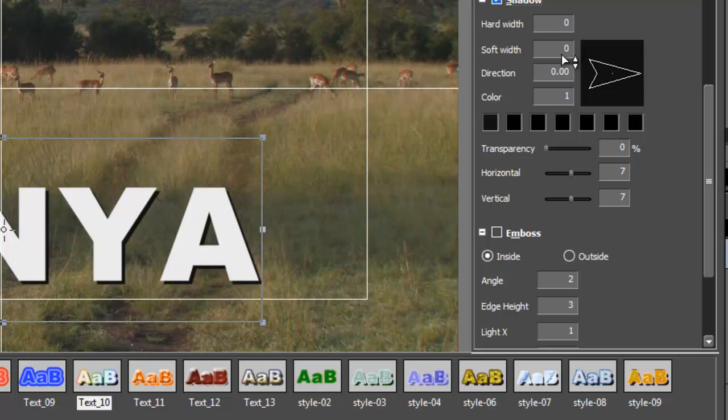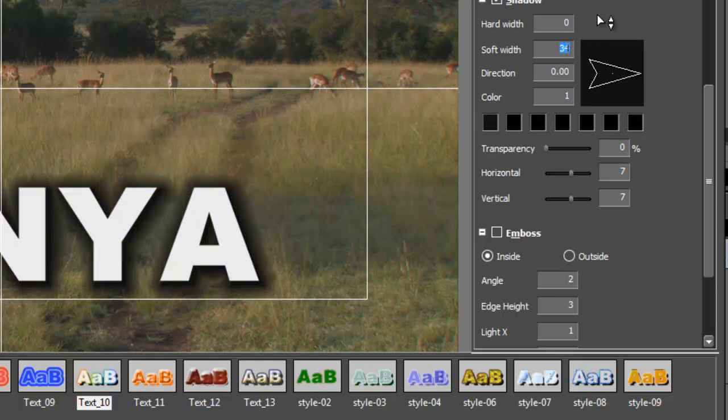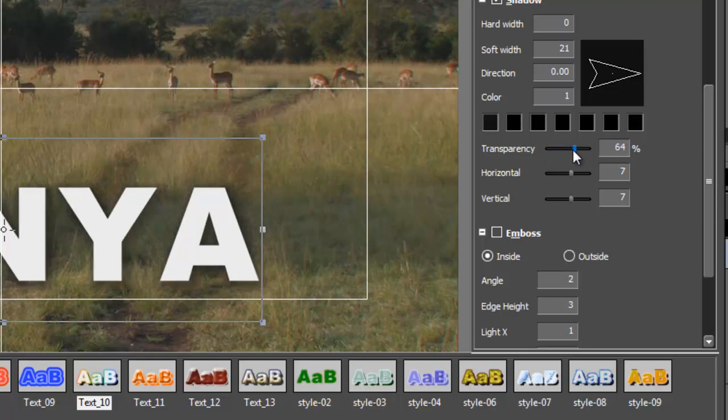But let's say we want to just make it softer, and then back off on the transparency. Now, you may notice as you work with Quicktitler the first couple of times that the transparency tool here seems to be a little counterintuitive or backwards from other programs. In order to drop down the transparency, you actually add the percentage. So if you really want to back off on the transparency, you add to the percentage. And so take it maybe up to 80%, and then you just have kind of a subtle, soft background, backdrop